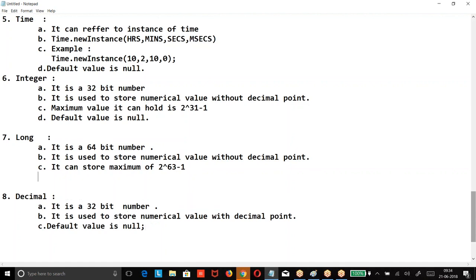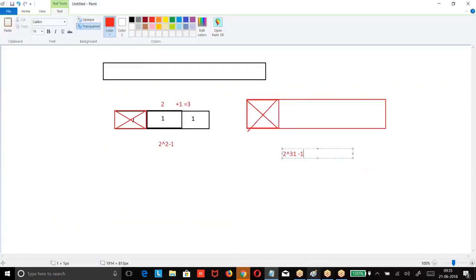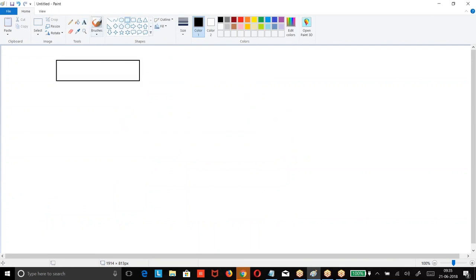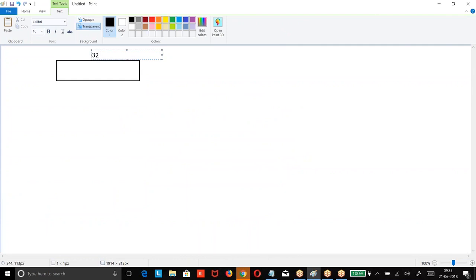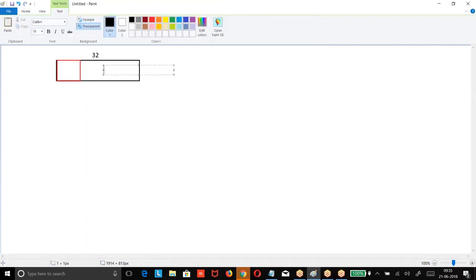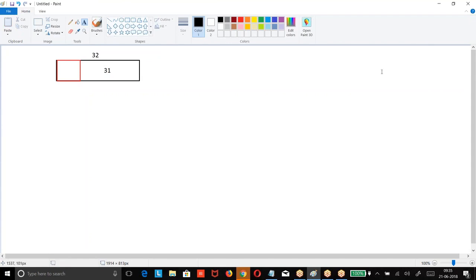Now we had an issue here. What is integer? 32-bit number. What is a long? 64-bit number. Decimal can store larger value than long. Integer is how much? Let us see. Try to get my point. Integer is 32 bits. Out of this, 1 bit is used for the sign. So how many bits are used for giving the data? 31 bits. Purely they are used for what?